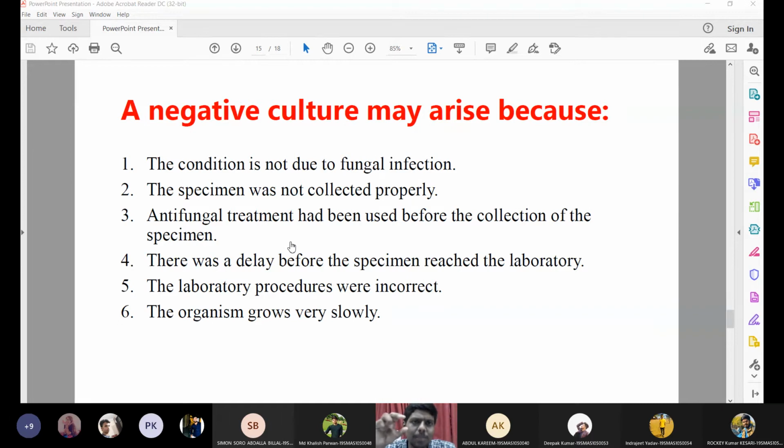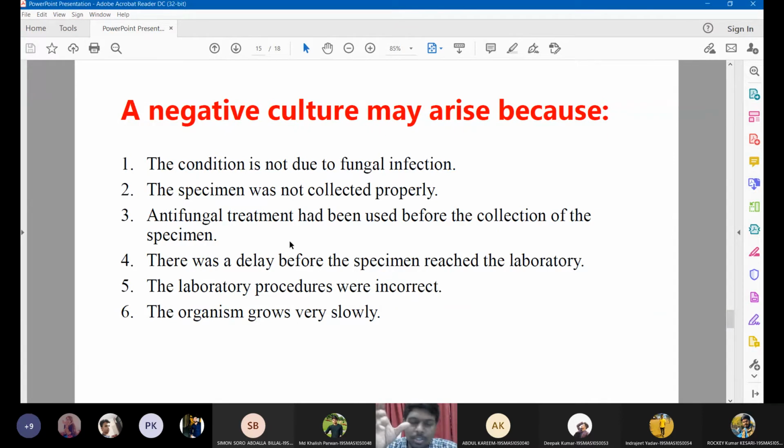So if we get a negative result, it means don't trust the report. Maybe there are some factors involved in false negative reports. Maybe the patient made some mistakes, or mistakes happened from the patient's end or from the collection by the technician, or due to some errors in the processing, we may get these negative reports. But having a negative report is not a confirmation that the patient does not have any fungal infection. Keep in mind, usually fungus will take a longer time to grow on the media.